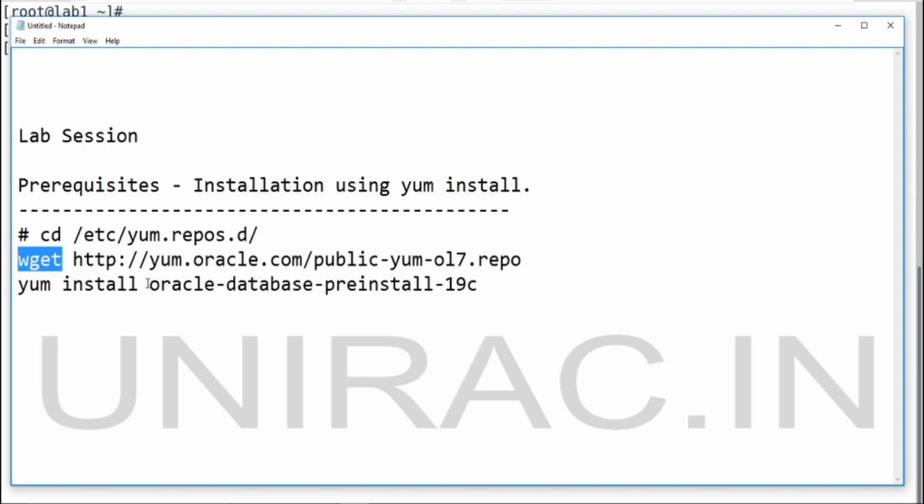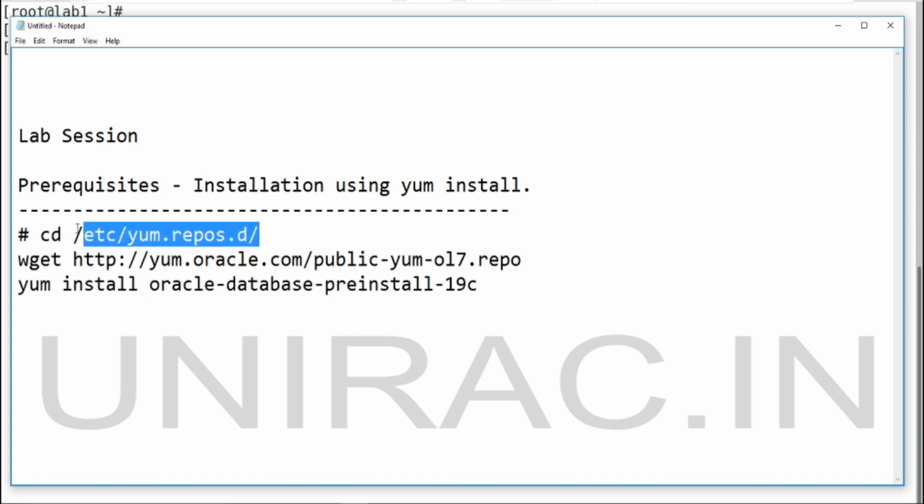Then finally we'll use the yum install command to install your prerequisites for 19c. Let's go to the lab session.